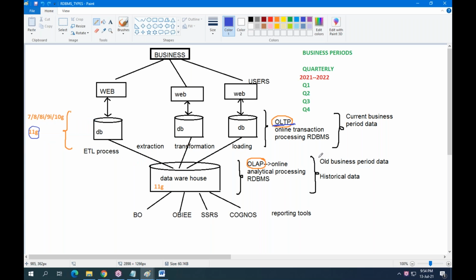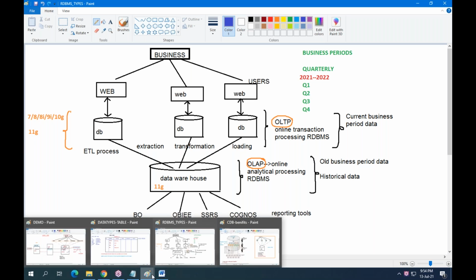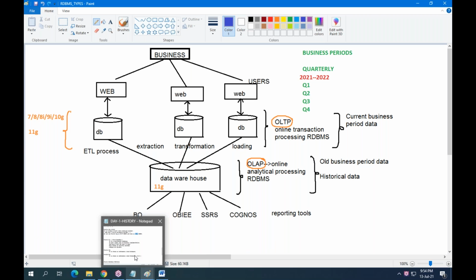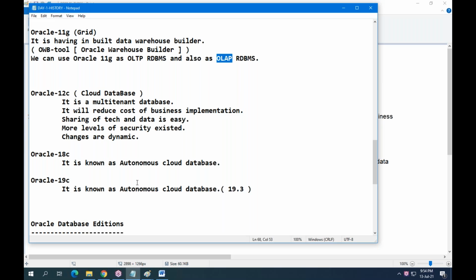So this is the 11G database server. Next one, what is 12C? A completely changed technology, cloud database. What is cloud? Oracle 12C, C for cloud database. Sir, what is cloud?